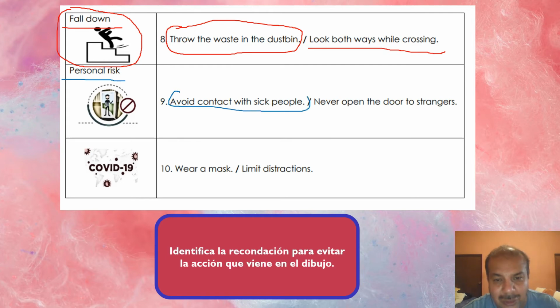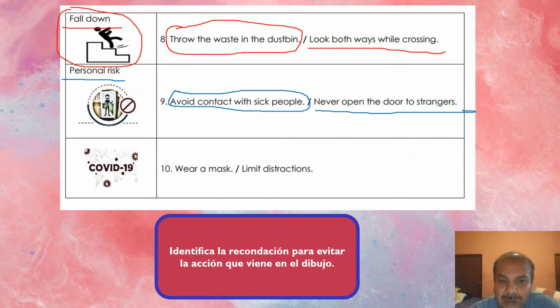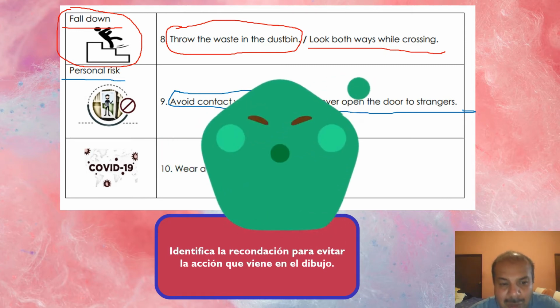Avoid contact with sick people. What is avoid contact with sick people? Or never open the door to strangers. Avoid contact with sick people or never open the door to strangers. Which is the best option to avoid personal risk? Once you decide what option do you think is the better or the best, just circle it up. Then the last one, it says